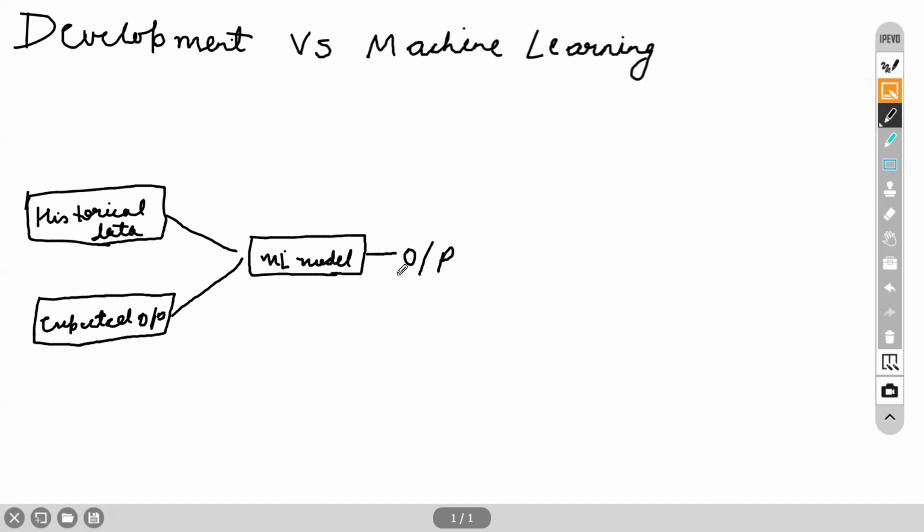Now here we compare the output which we have received from our machine learning model with the expected output. This is called the training phase. When we are training our machine learning model on the historical data with the expected output, we compare the output provided from the model with the expected output using some kind of statistical measure. If the statistical measure is good and our output is satisfactory, then